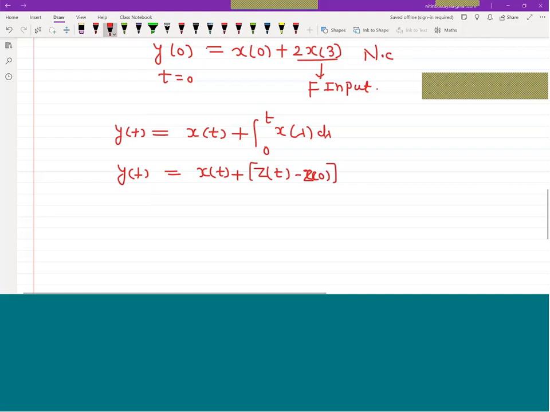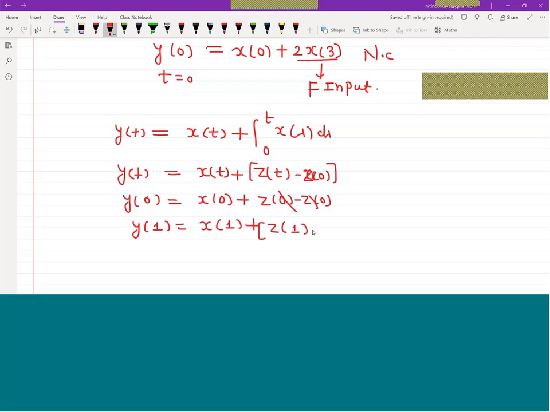So what I can say, y(0) can be represented as x(0) plus z(0) minus z(0). Causal. y(1) can be represented as x(1) plus z(1) minus z(0). So all numbers are dependent on present value or past value, that's why this system is said to be a causal system, है ना. और t नेगेटिव पे तो ये एग्जिस्ट नहीं करेगा, तो केवल x(t) इक्वल टू y(t) विच इज वेरी मच causal.